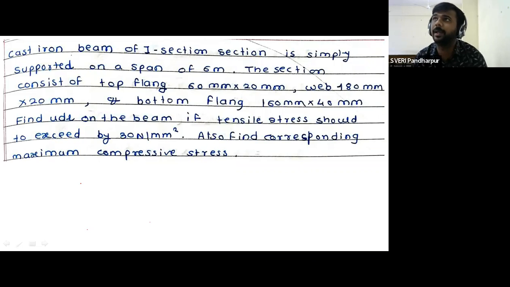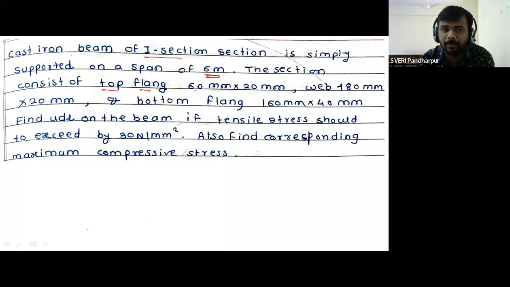So what does this particular statement say? The cast iron beam of I section is simply supported on a span of 6 meters. So the section of the beam is given as an I section, and the type of beam is also mentioned, that is simply supported beam, and the total length of the beam is given as 6 meters. Okay, this section consists of a top flange, that is, top flange dimensions are given